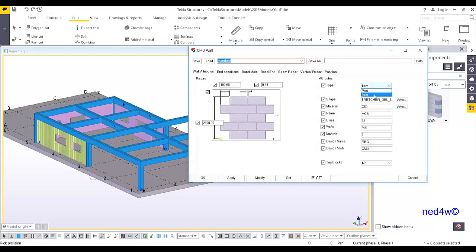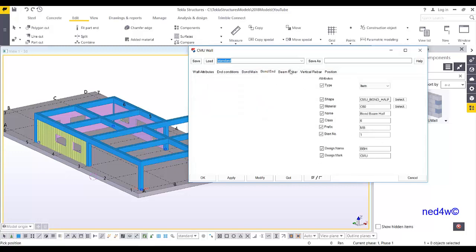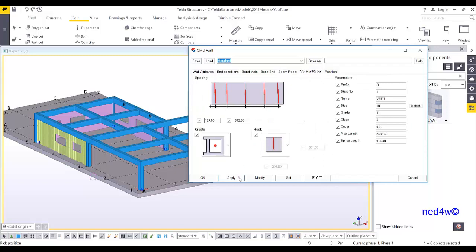You can use an item or a part. Part means you can type the profile, and item means you can select the shape. You have the band, you have the rebar to strengthen the hollow blocks, and the positioning. All you have to do is apply,